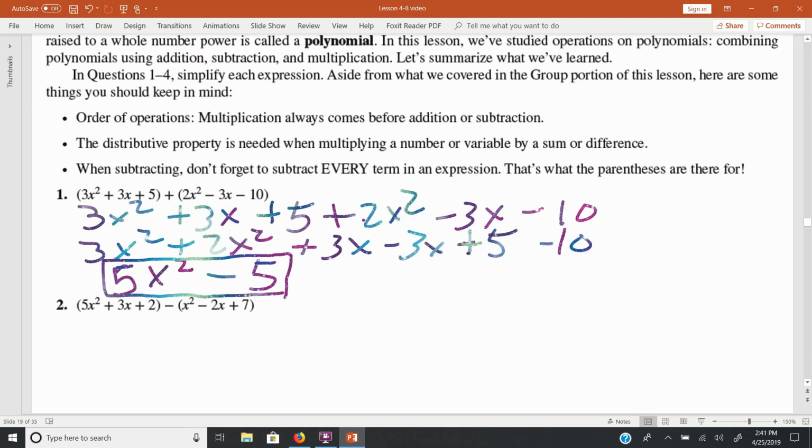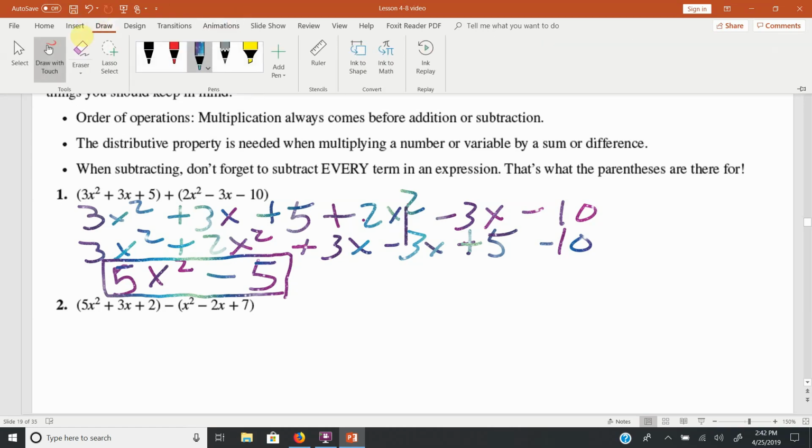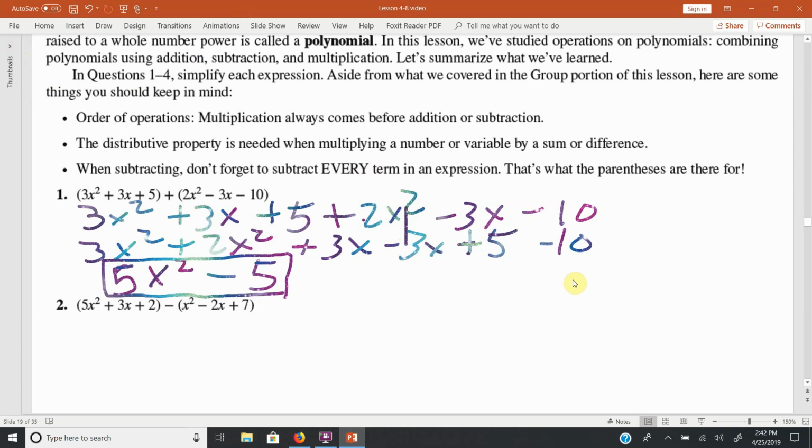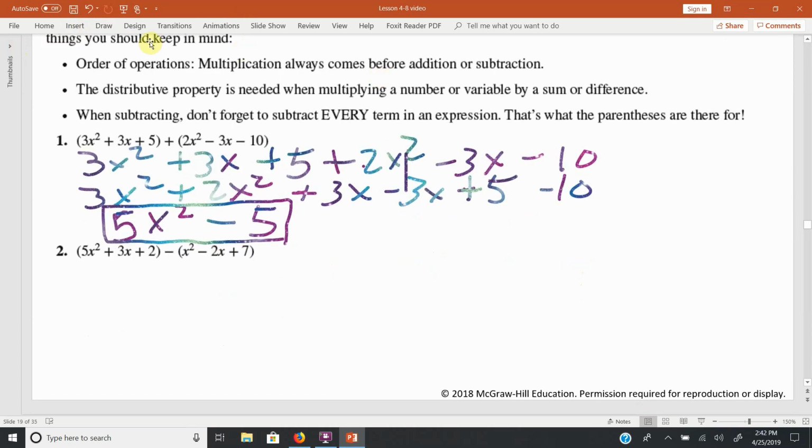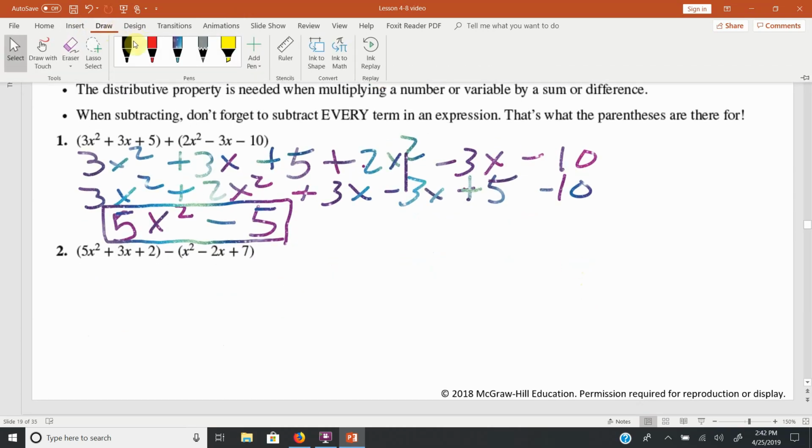You are supposed to be thinking about these problems as you do them. There's some instructions there. So pause the video, think about question number 2. When you feel like you have an answer, start the video again, and you can see how I would solve that problem. Okay, now that we're back,